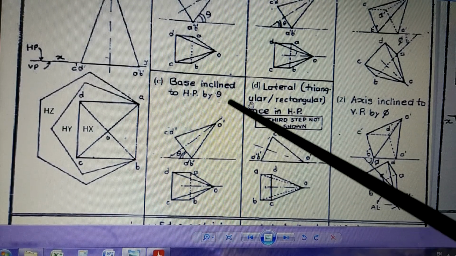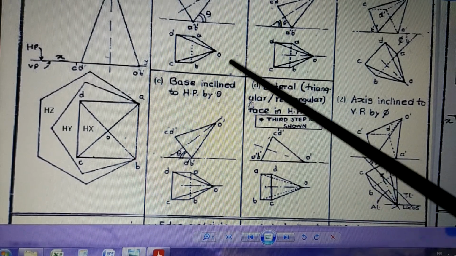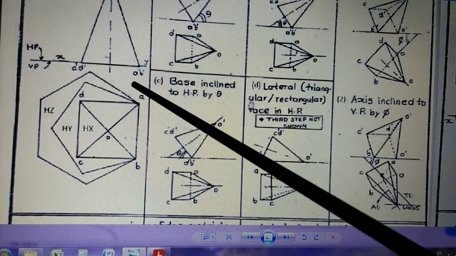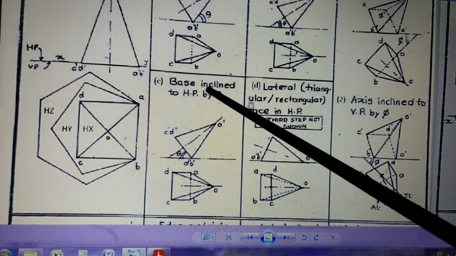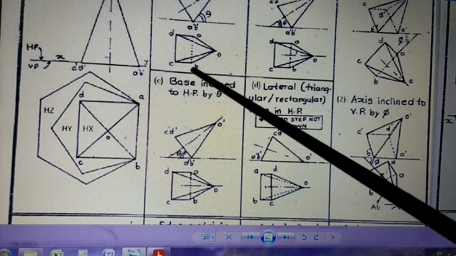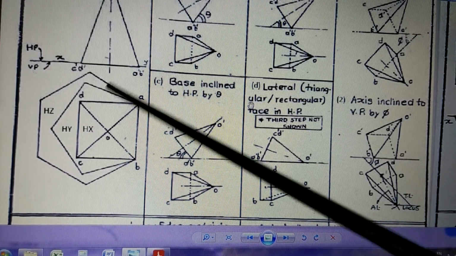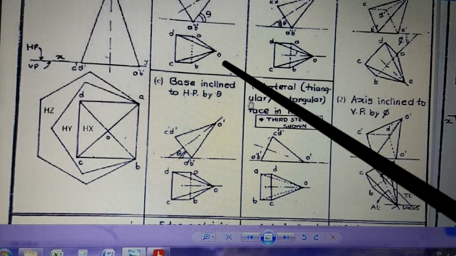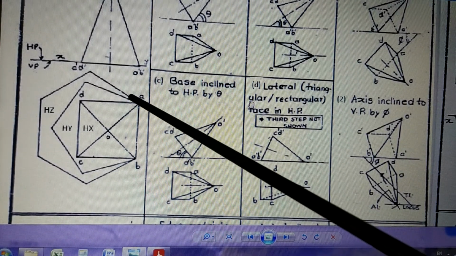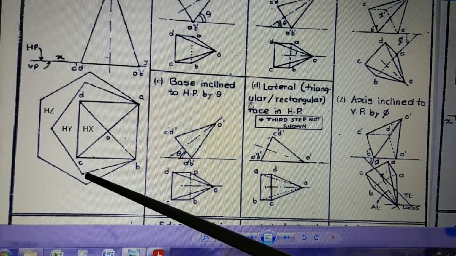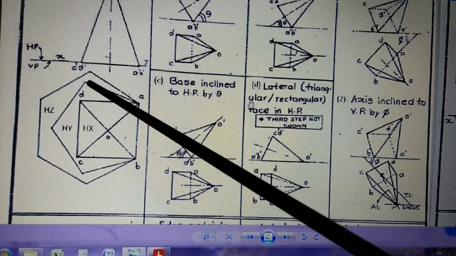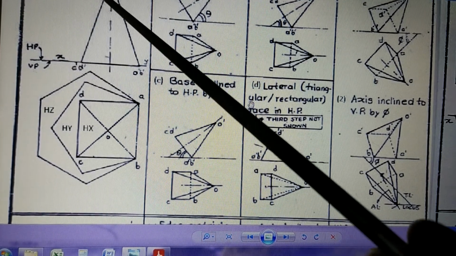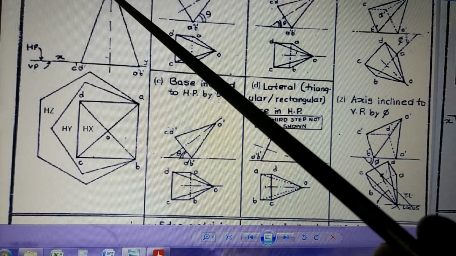And this is the top view of the pyramid when it is resting completely on its lateral surface. So here what we have learned, these are the 4 positions showing the 4 ways in which you can incline this solid. So that's why it is shown as a chart. So in the chart you can see many things at one place. So square pyramid, how it is tilted, what is the description and how it is drawn. Instead of a square pyramid, there can be a pentagonal pyramid, in which case the top view will be like a pentagon, and accordingly you have to draw the front view. I have not drawn it here, but the front view will be accordingly drawn.